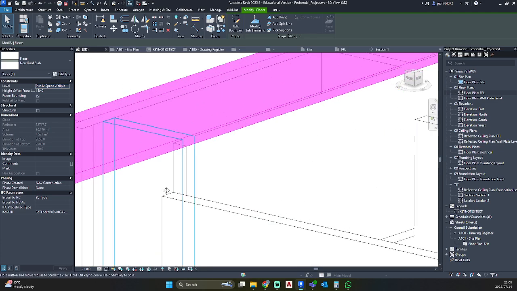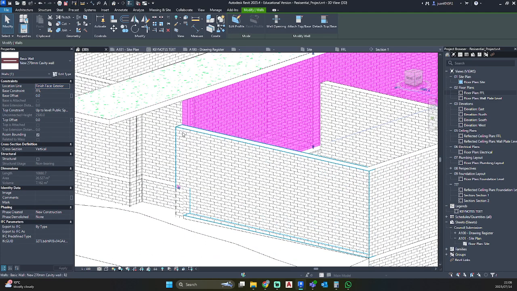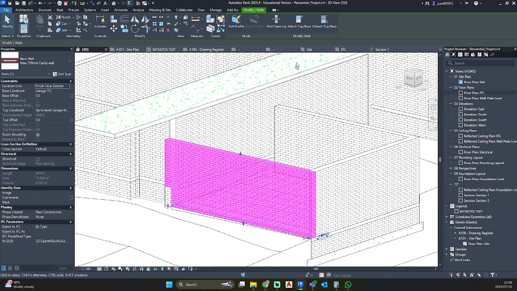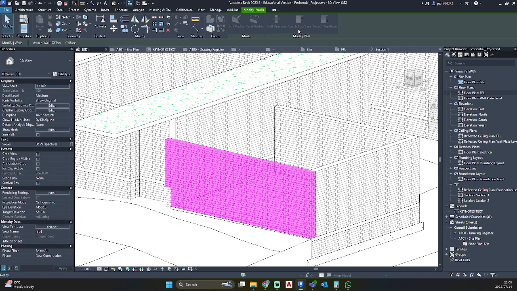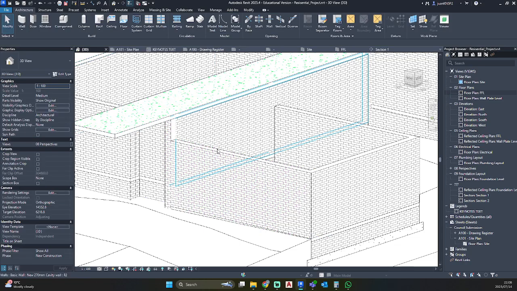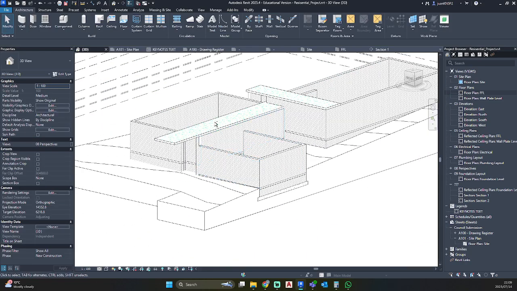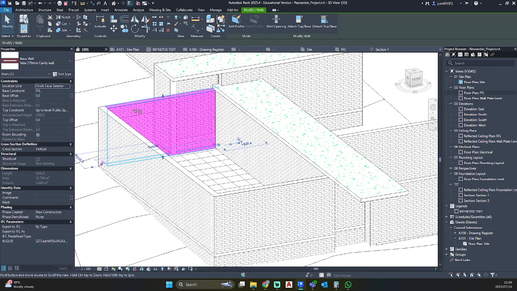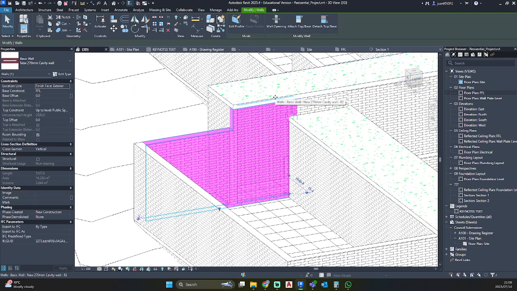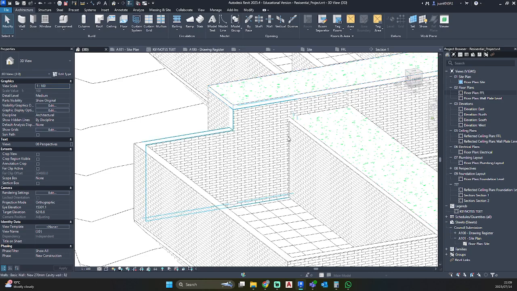So now we just need to sort out what's happening over here. We can select this wall and tell it attach top to base. What this will do is, if we select our floor, only that little part there would move up. And the same we can do for this back wall, attach top to base, and it'll move up accordingly.